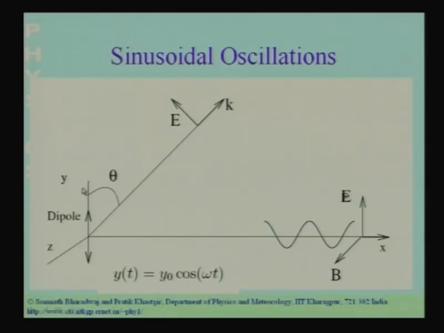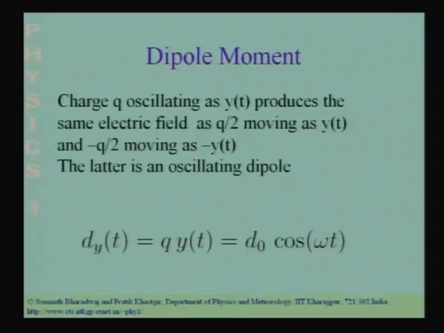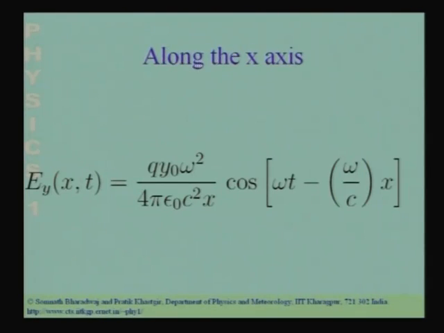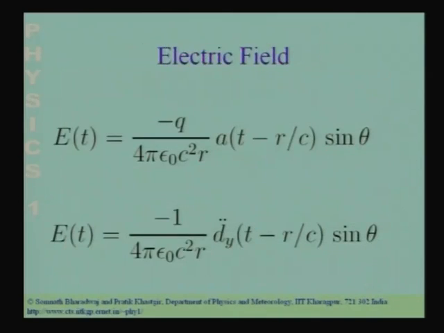So, this is the dipole which is oscillating, and let us calculate the electric field at different points along the x axis first. To simplify matters, let us restrict our attention to points along the x axis. So, the expression for the electric field at different points along the x axis is this. We have the expression for the electric field and we have replaced the distance r with x, and we also have this